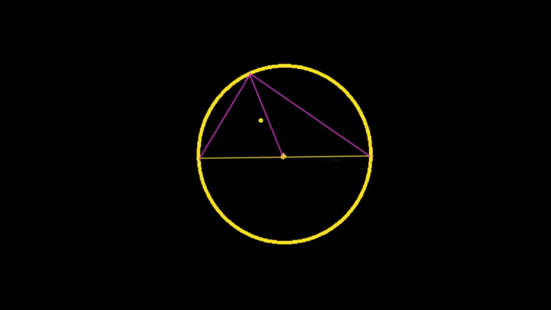This line and this line, they both are the radius of the circle because they all come from the center of the circle. So they should be equal. So that means this triangle here is an isosceles triangle. It has two equal sides. So that means this angle and this angle should be the same. So let's call this angle A and angle here A, because they're supposed to be the same.